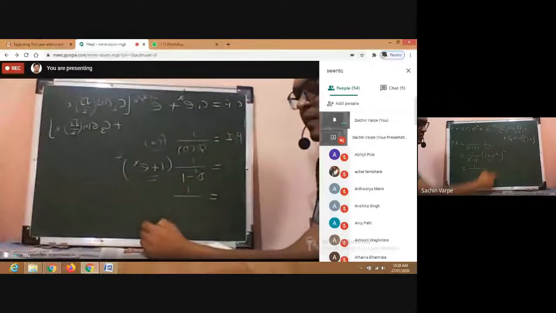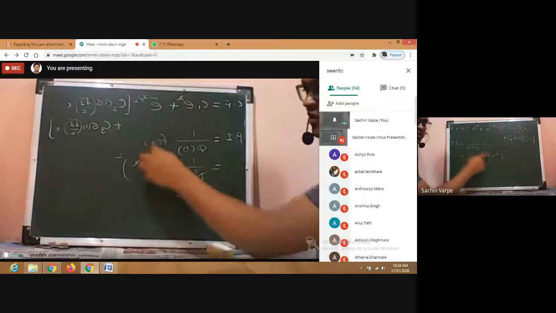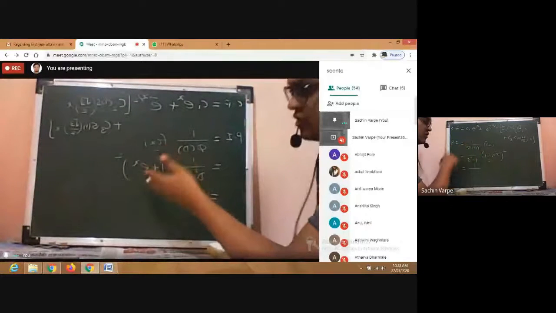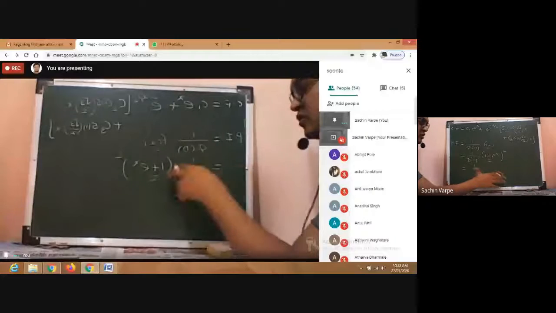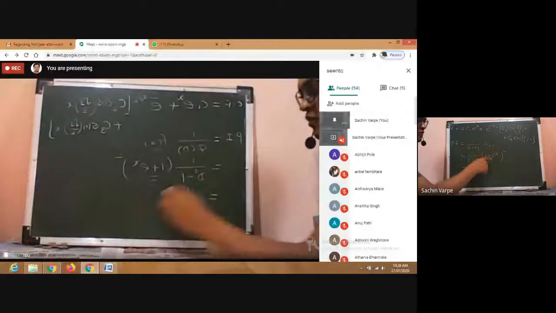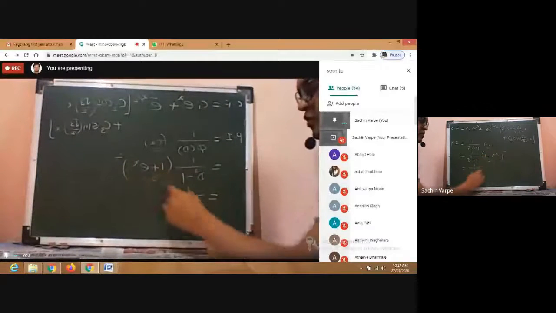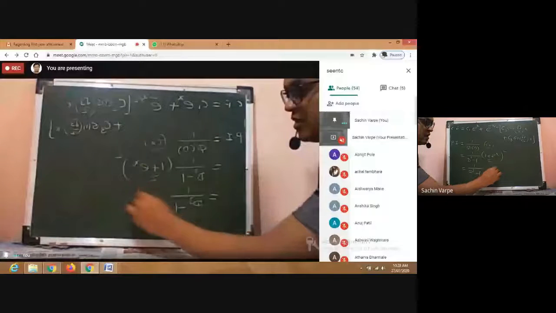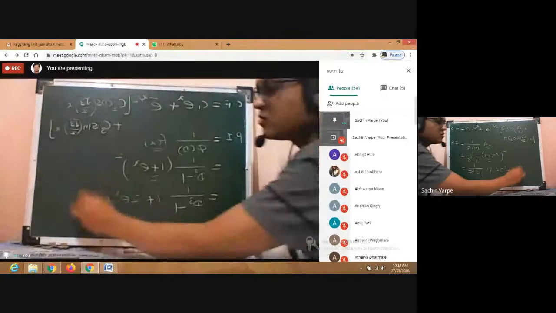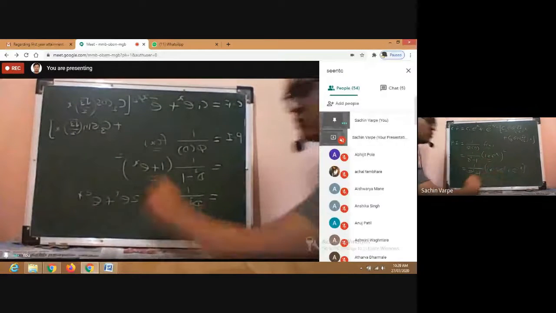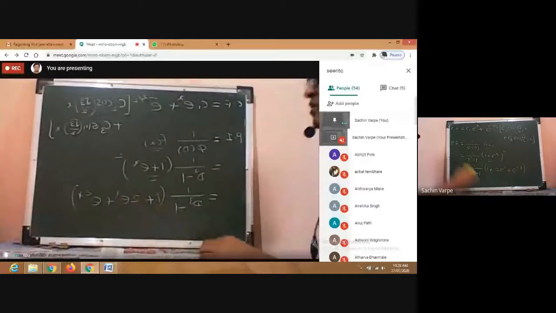Here f(x) involves the exponential function, and I know I can use the shortcut. I have the shortcut for the exponential function, so that is why we use the shortcut formula. But for the shortcut, we need the simplified form of this. So let us simplify: (a + b)^2 gives 1 + 2e^x + e^(2x), because (e^x)^2 will be e^(2x). And now operate this operator over each function separately. So what will we get?